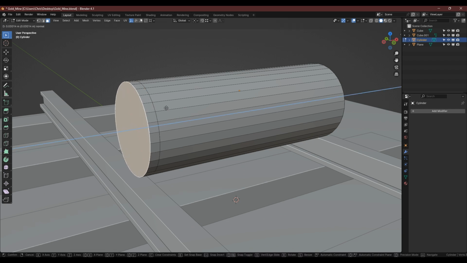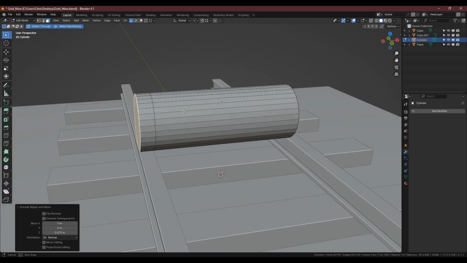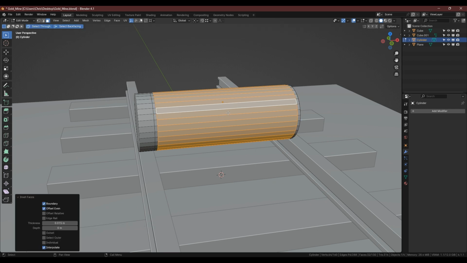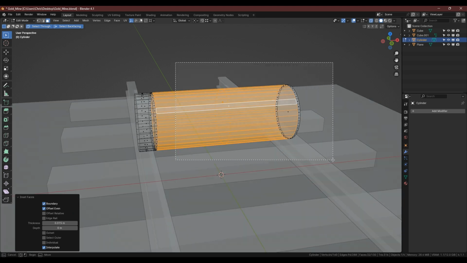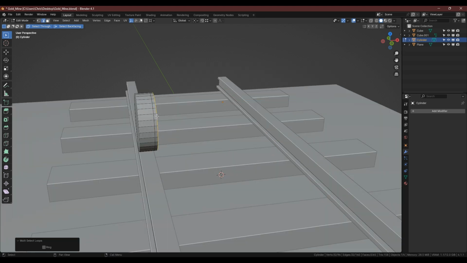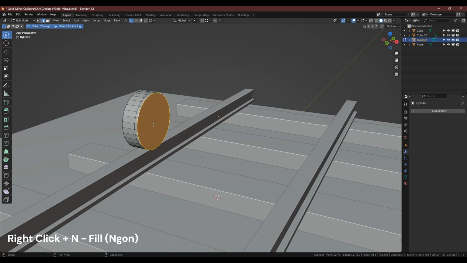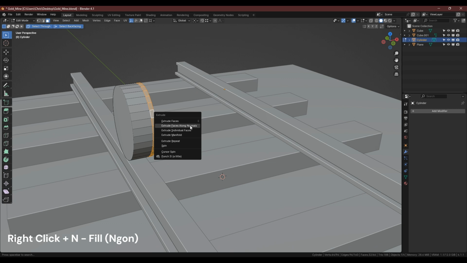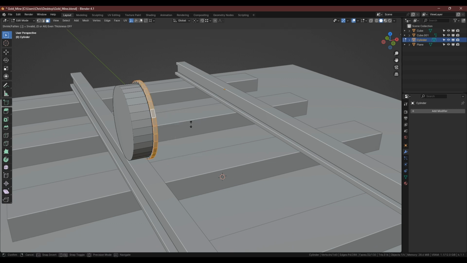Next, I'm going to extrude this face. .075, and that is the thickness of the rail. And then I'm just going to inset this slightly and delete 1/2 because we don't need that side anymore. Just going to right click and N to fill that face, and then we're going to extrude along normals for